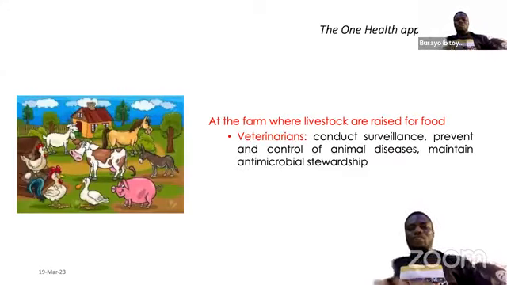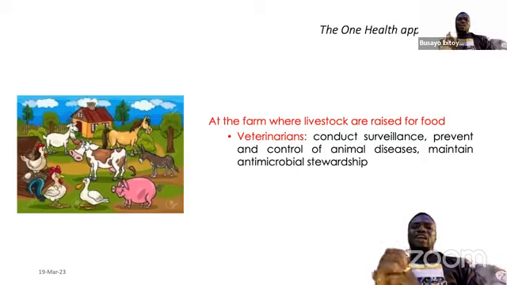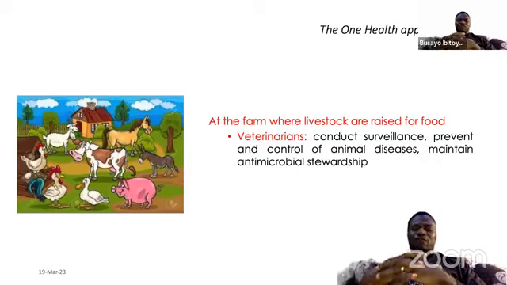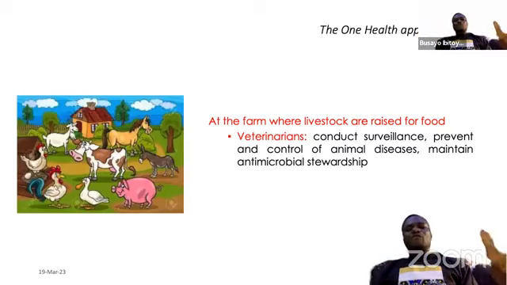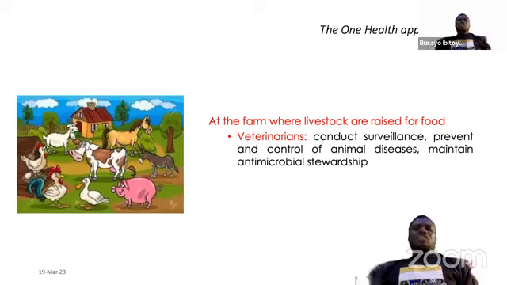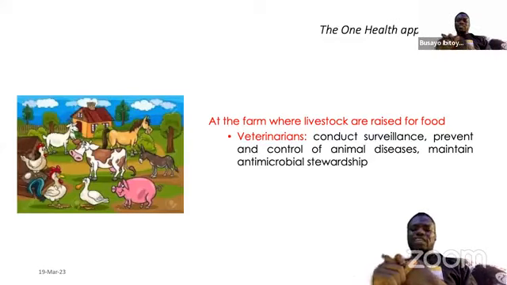Now, let's look at the One Health approach to the prevention of foodborne zoonosis disease at the community level. At the farm where the livestock are raised, what do we need to do? Who takes charge there? Veterinarians take charge at the farm level where the livestock and poultry are produced. Then at the farm, veterinarians should make sure that they conduct surveillance,